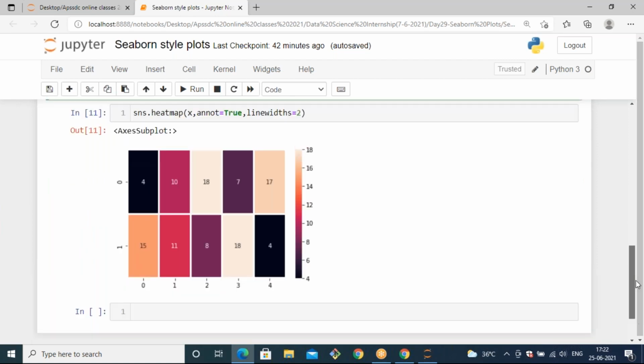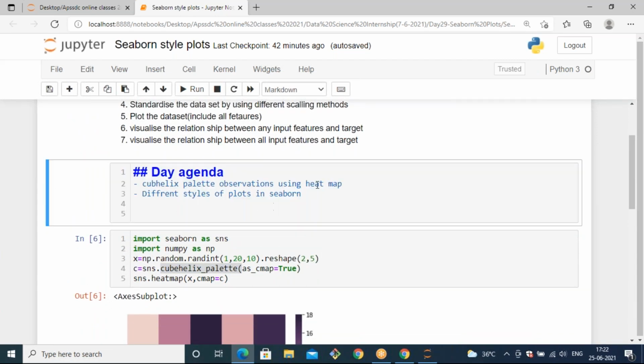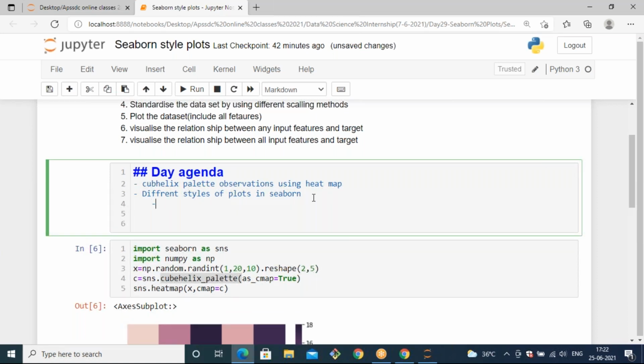Okay. Next, we will see the different Seaborn styles of plots. Basically, Seaborn offers some kinds of plots. Those plots are categorical. Let's make note of it.